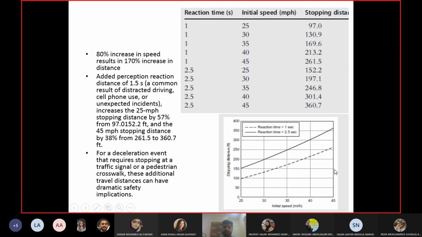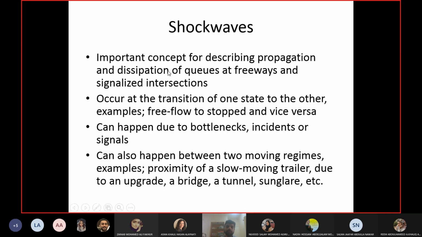Okay, in terms of percentage, how much change in distance you have. So obviously the distance is more, 100 feet, but if you calculate the percentage of 100 feet out of 260 or out of 360, then the percentage would be smaller. Okay, this is what they are saying. Sorry for that. So the effect of perception reaction time is higher at low speed and lower at high speed, vice versa.